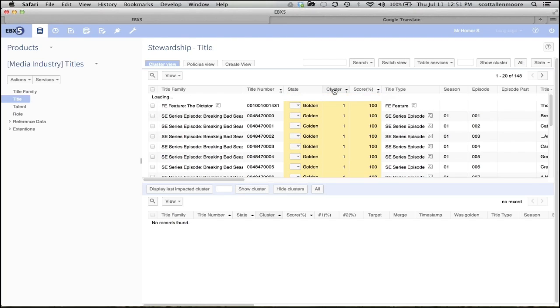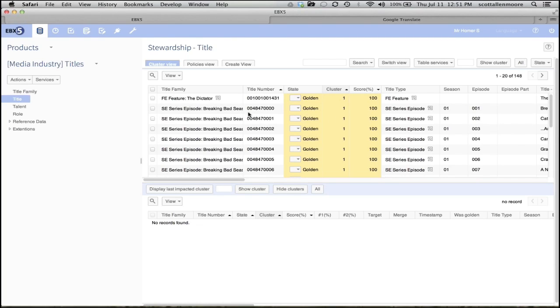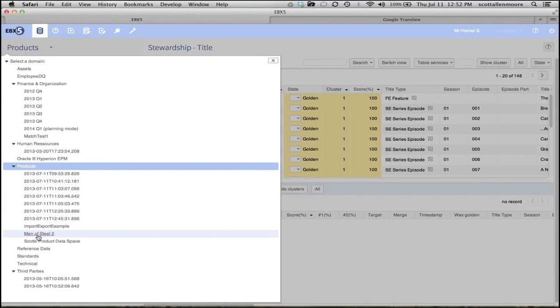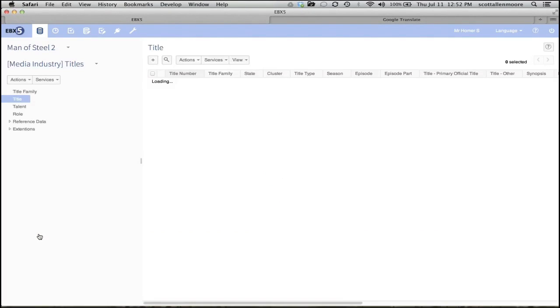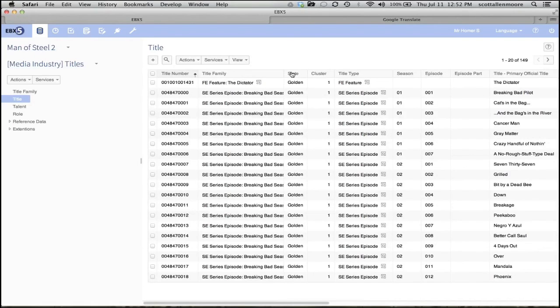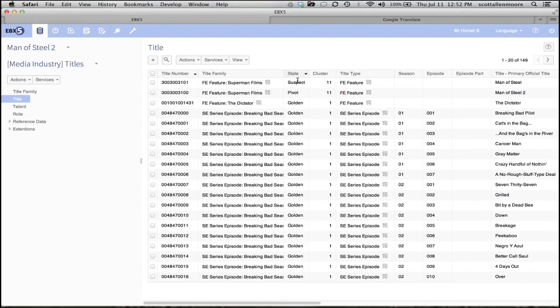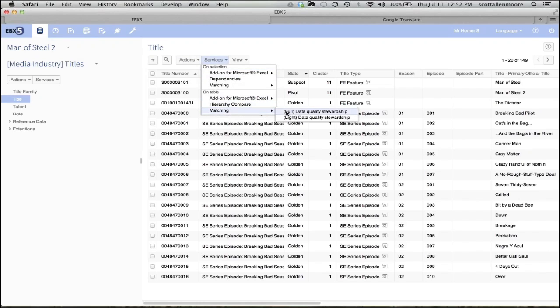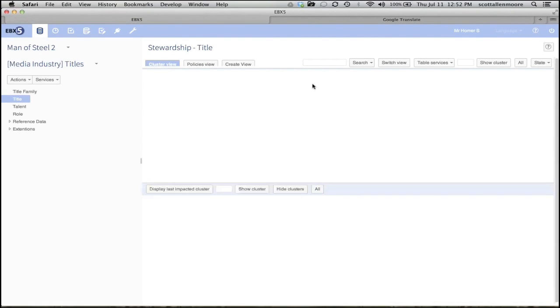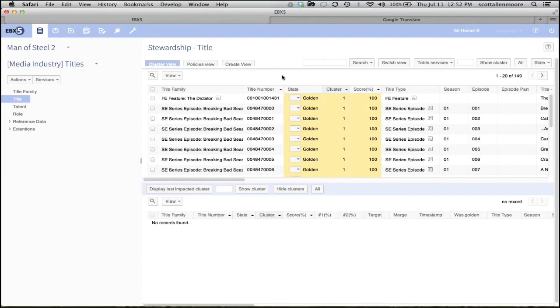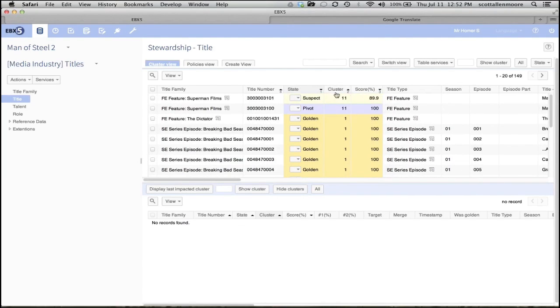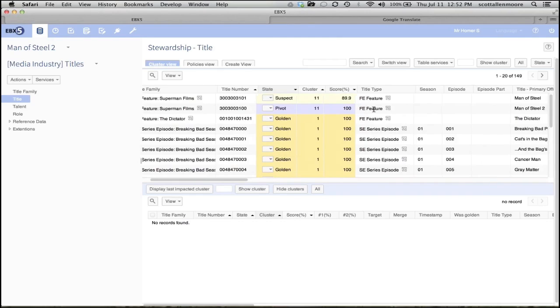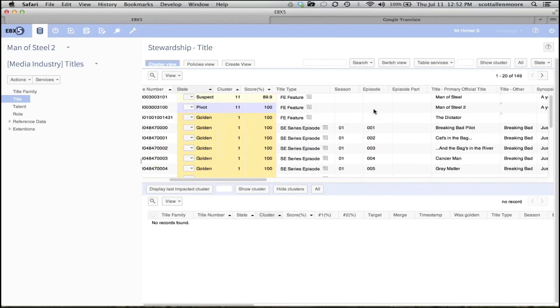And we have a concept called cluster, and clusters tell me which one is which. This one looks good, so I'm going to go to that Man of Steel 2-1 and see what's going on with that one. If I look at here, I see those are not all golden. There's a suspect in the pivot. So let's launch the matching engine from here. And here I can say, well, how is it that I got to this suspect in pivot for Superman, Man of Steel 2? What was it?